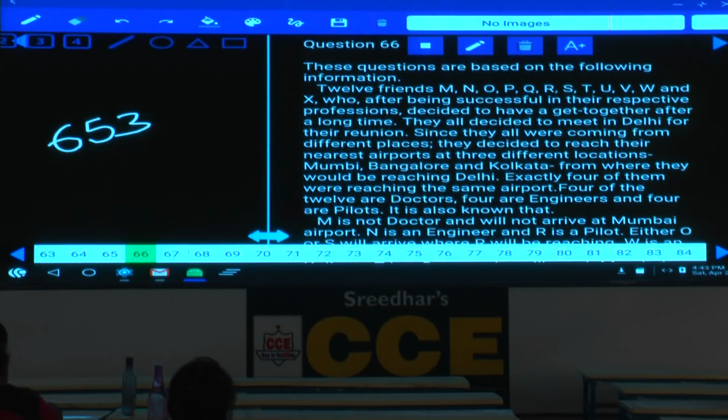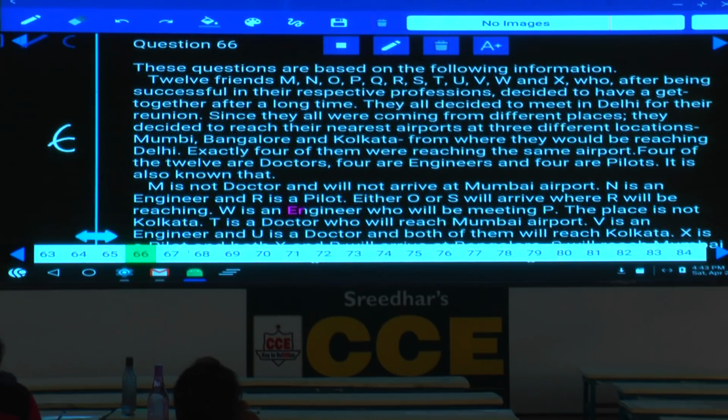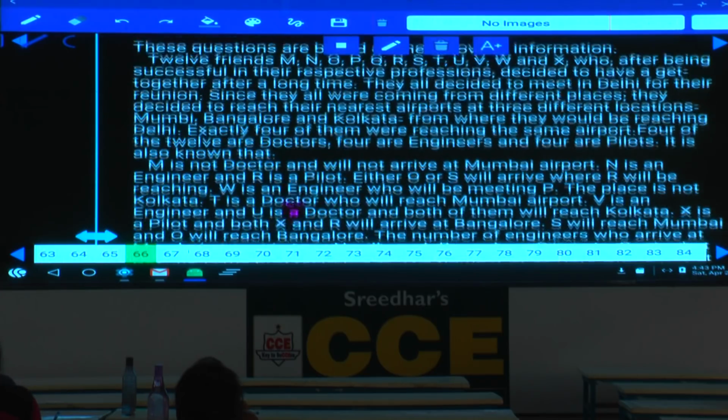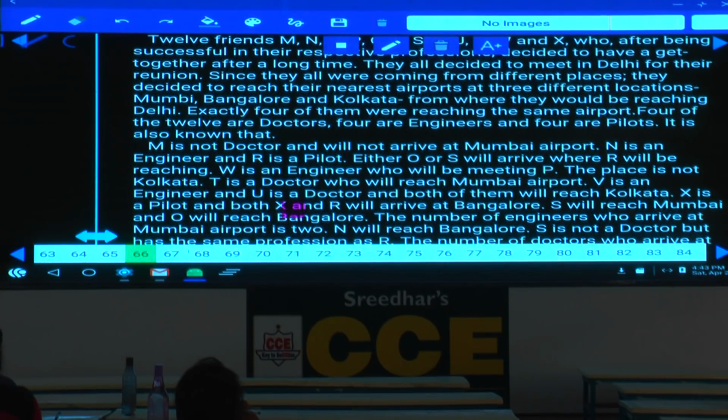to U, V, W and X, and after being successful in their respective professions decided to have a get together after a long time. Since they were coming from different places, they decided to reach their nearest airports at 3 different locations. How many different airports? 3 different airports, and they are Mumbai, Bangalore and Kolkata, from where they would be reaching